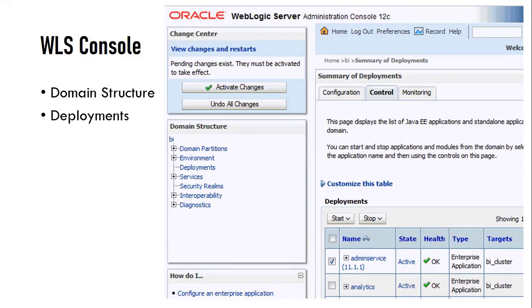You can see BI cluster, and those services you can start and stop. The start and stop buttons are available under the deployment here, so you can select one and perform whatever action you want. So this is the third option for controlling your components or BI services.